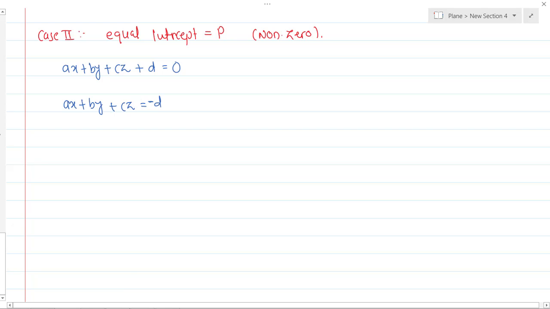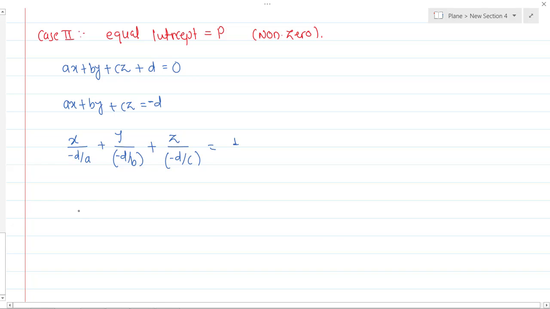Now divide the whole equation by minus d. So what will you get? You will get x divided by minus d by a, plus y divided by minus d by b, plus z divided by minus d by c,